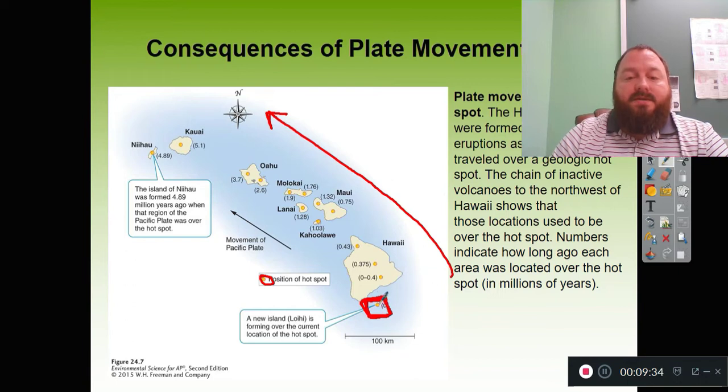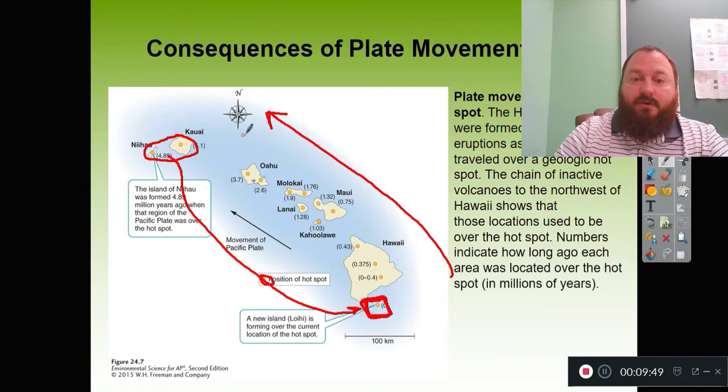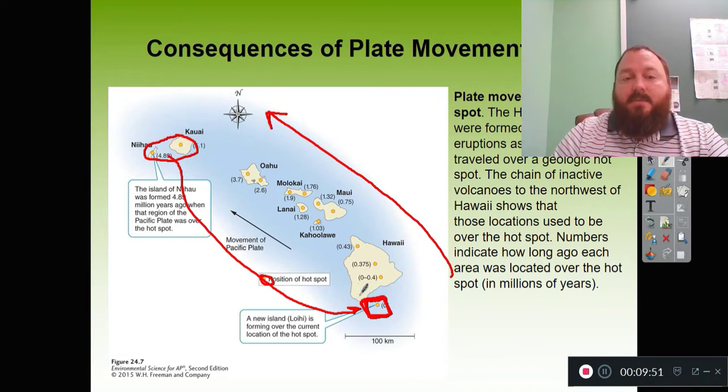So when we look at where this hot spot used to be, originally, when the island started to form, when the hot spot became active, the plate was over top of this spot. So, if we trace back 5 million years, we would see that the plate had moved that much over those 5 million years. So 5 million years ago, we had the hot spot located underneath this piece of plate, I should say. So that hot spot was here, it was bringing magma up to the surface, and it ended up forming the island